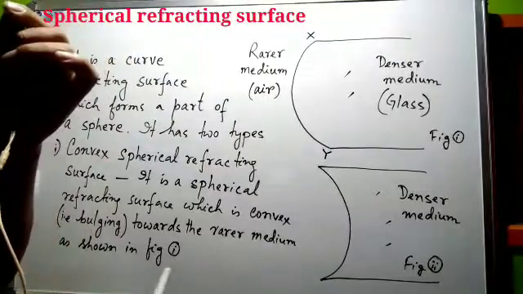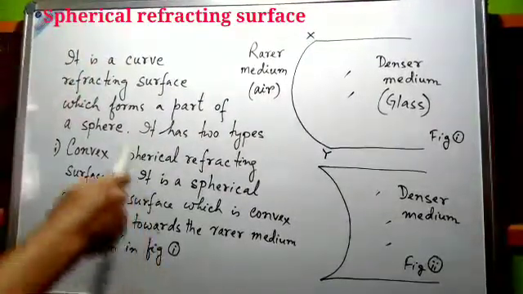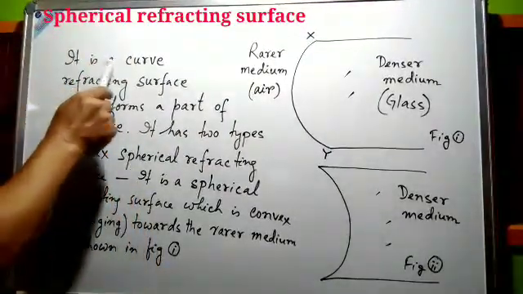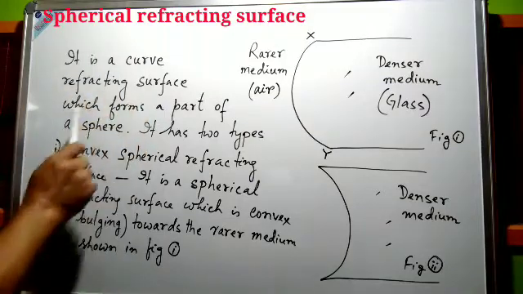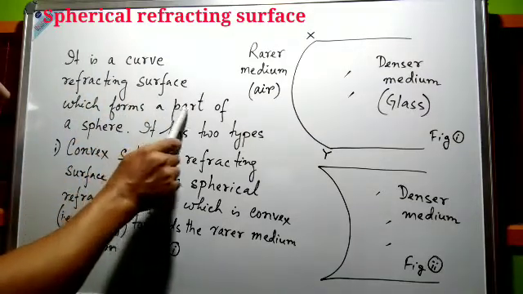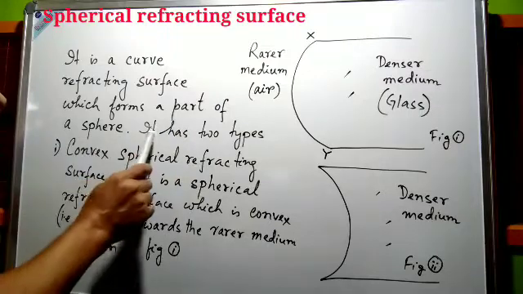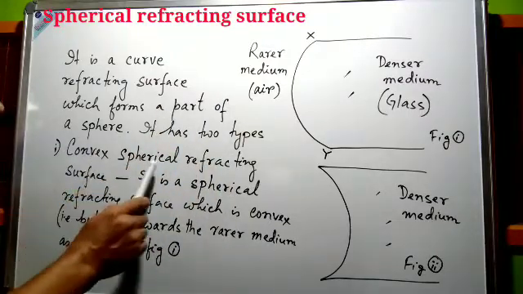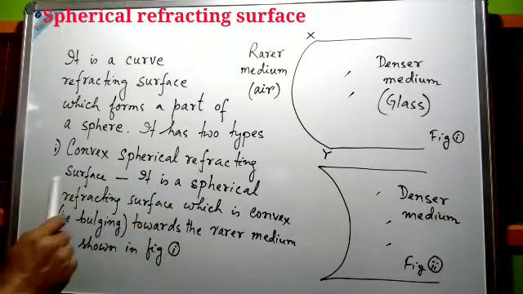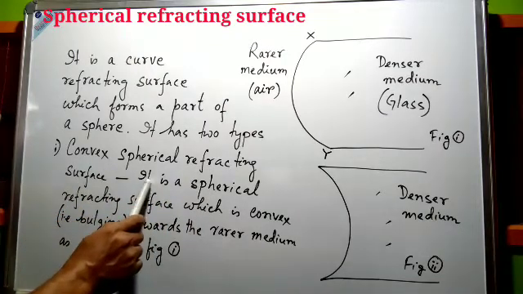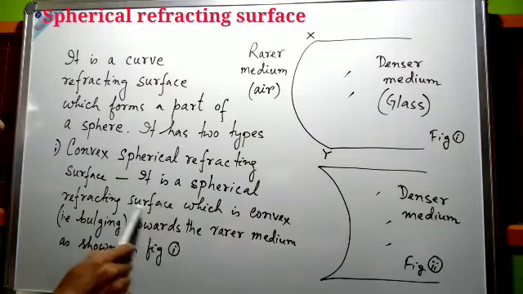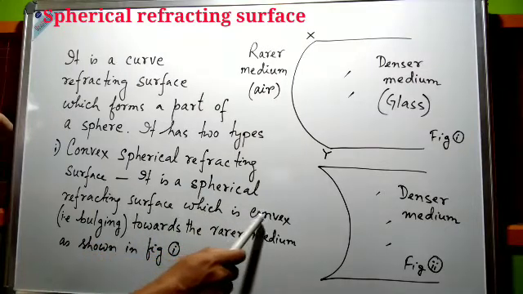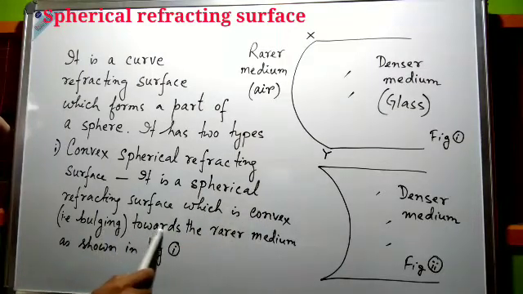Now we have to define spherical refracting surface. It is a curved refracting surface which forms a part of a sphere. It has two types. Number 1, convex spherical refracting surface. So it may be defined like this. It is a spherical refracting surface which is convex, that is bulging towards the rear medium as shown in figure